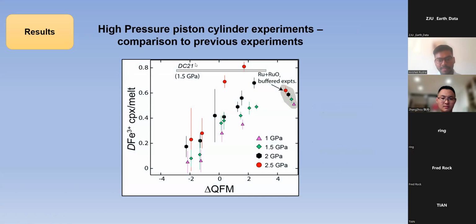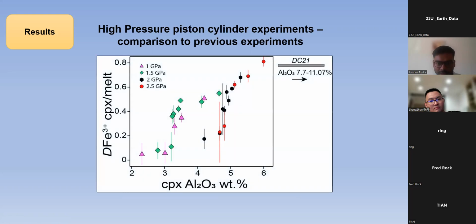But there is a very recent study by Davis and Cottrell 2021 where they indirectly determined the ferric iron content of the CPX and OPX, and therefore measured the partition coefficients. And we see that our partition coefficients are much smaller than what they found, even though the pressures were very similar to ours. But I must tell you one fact, which I'll show later, that